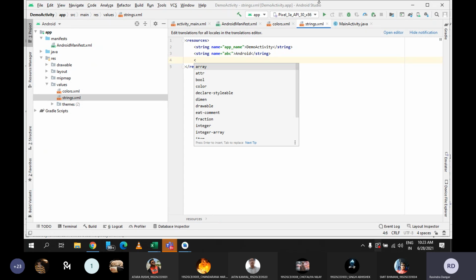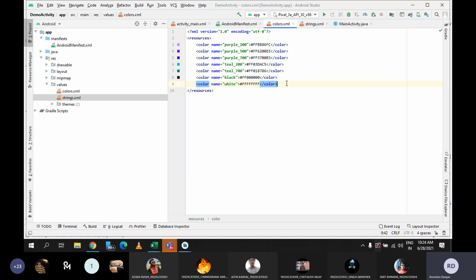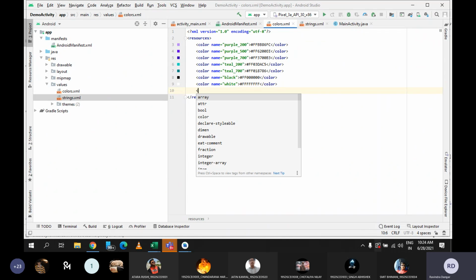You can see here, you can create a string array also, you can create a normal array also. So there are many options. Similarly in color.xml also you will find various options, but to access the array we need to go with the string.xml file only. So by default it gives general options, but for color.xml you can place colors only.